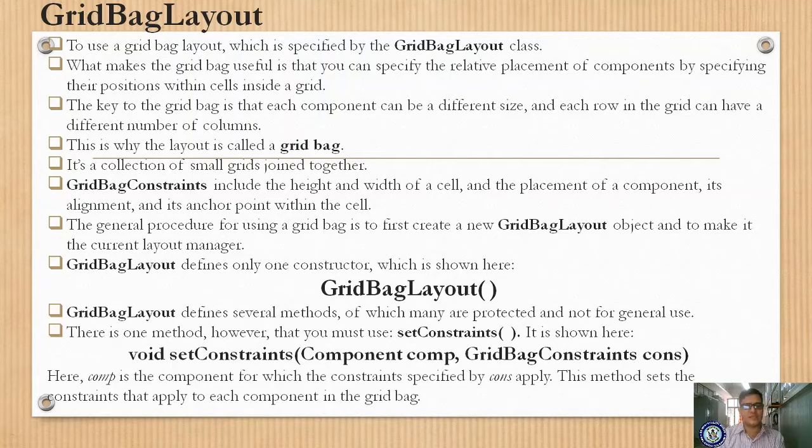One method is setConstraints. Here we have to use setConstraints. In setConstraints, you are setting the component and GridBagConstraints. You are supposed to specify the component object and the GridBagConstraints object. Now let us see, component is the component for which the constraint is specified. Whatever component you are taking, and what are its constraints. What are the constraints? You are specifying how that component has to appear in your grid layout.